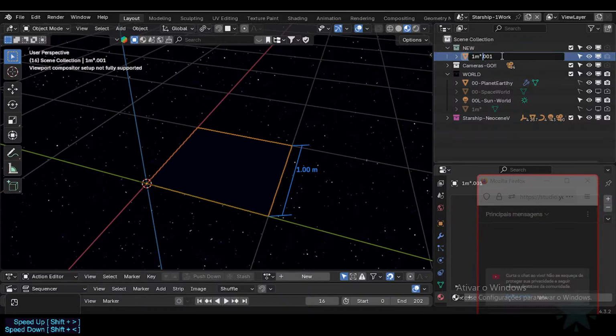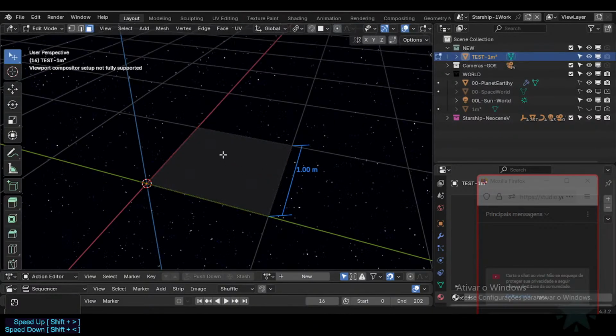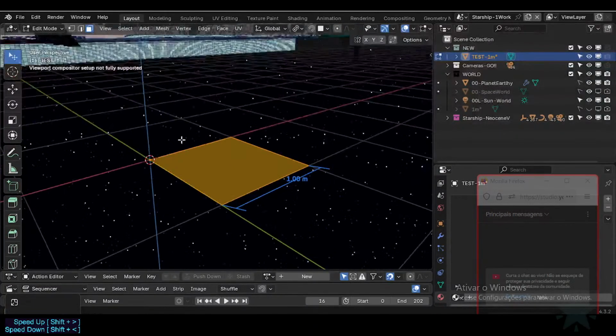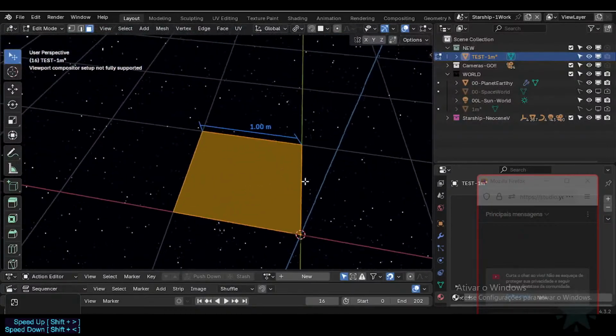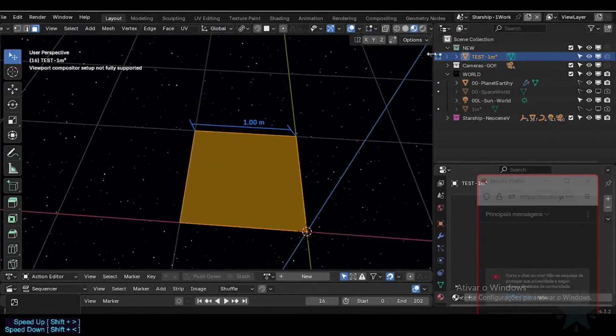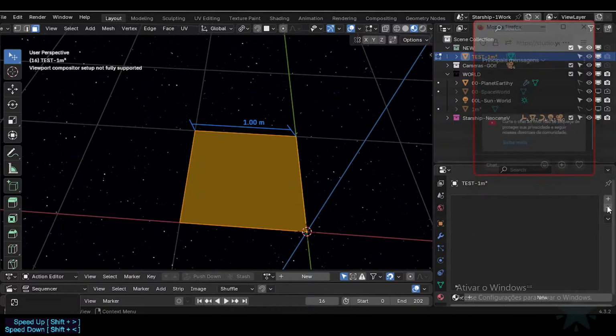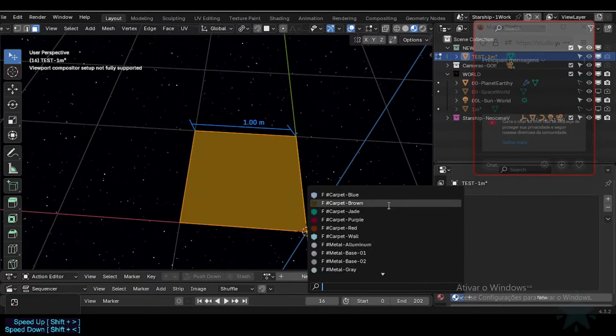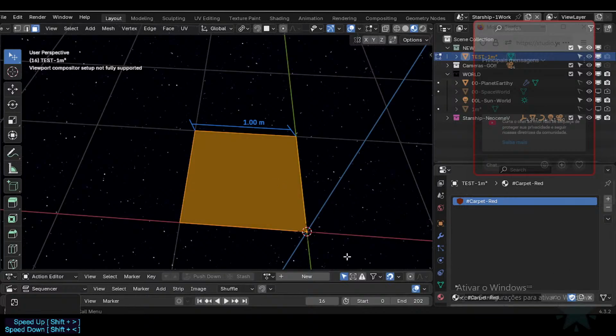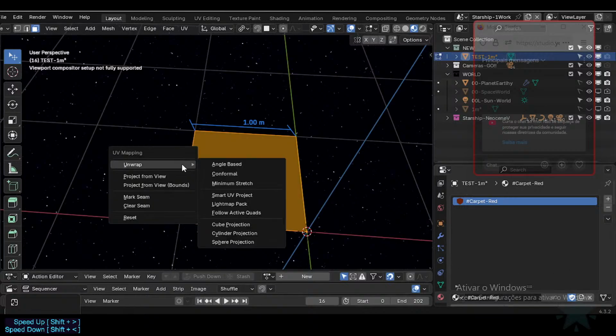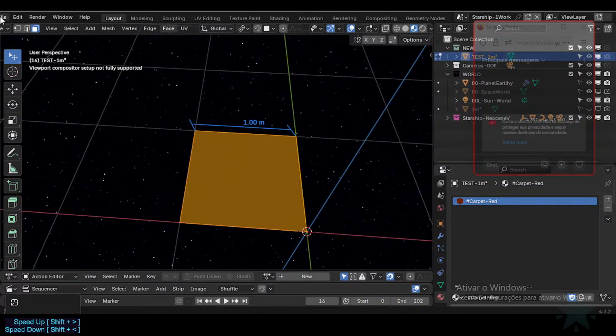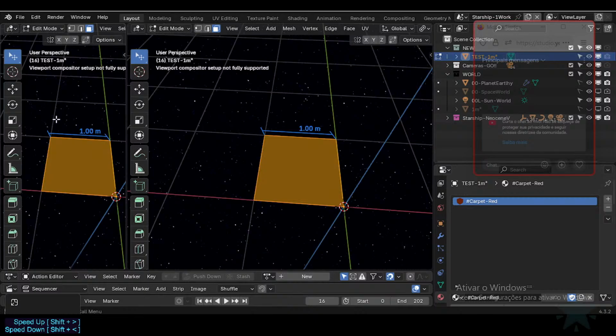Okay, so I got this one. I'm gonna call this test. So I'm gonna bring here the carpet red. Okay, gonna bring the material here, carpet red. We're going to UV this, actually reset. Let's get it to the UV, Shift F10